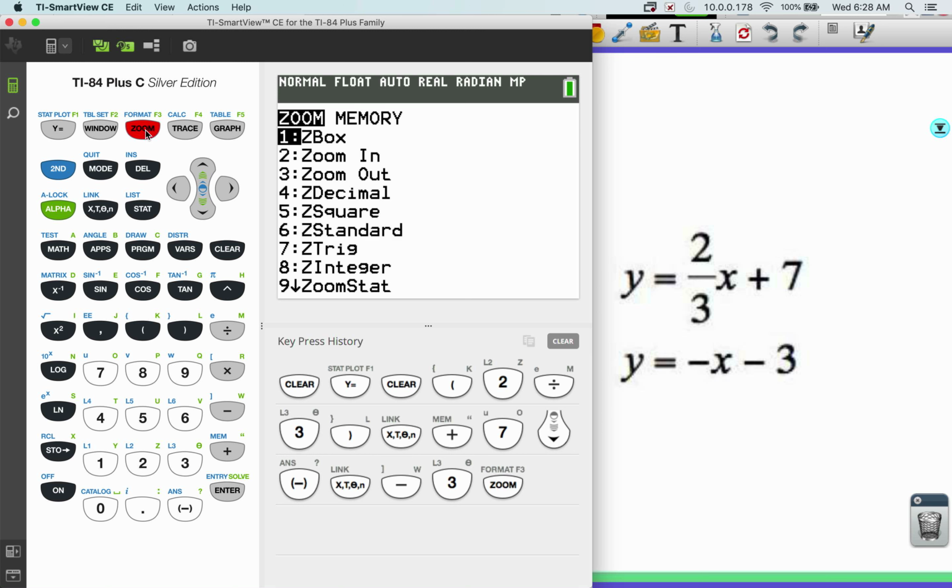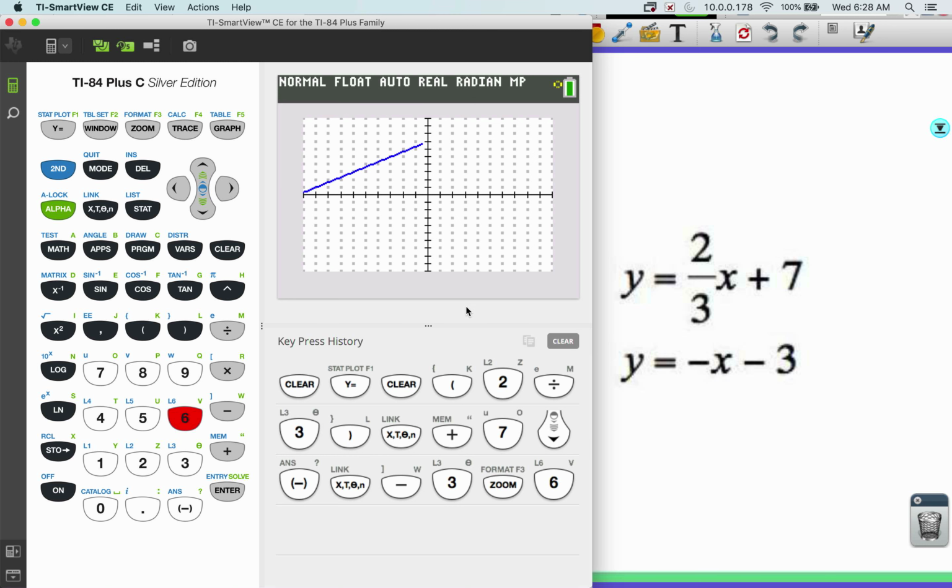So a good window to start with is to press zoom and then number 6 to get a standard viewing window. The dimensions of this are going to be -10 to 10 in both directions. And we can see where they cross pretty clearly here, but we don't know its exact value. So that's why we can press